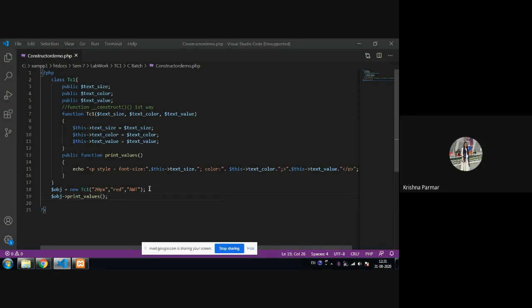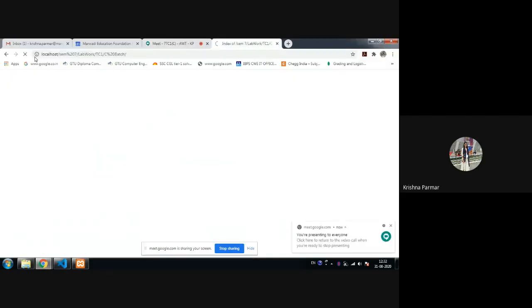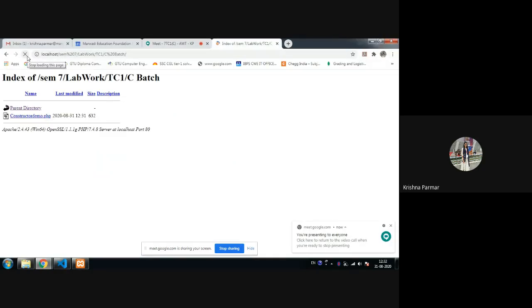Okay, are you getting my point? First is object creation, and then after that, calling of their method. Now we go for the running of this program. Okay, my file name is there. I already traversed to my folder using localhost. Make sure this path looks like this: localhost, and after that all these things. Make sure you do these things and then run it.